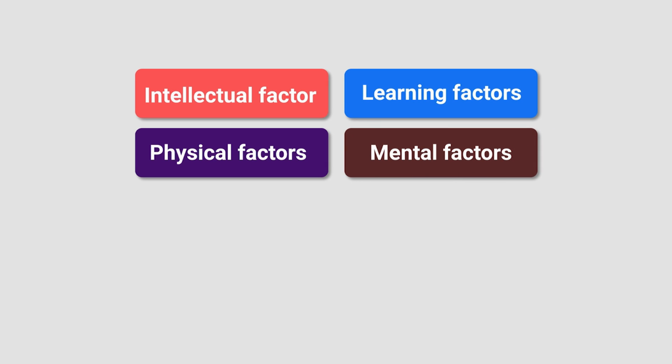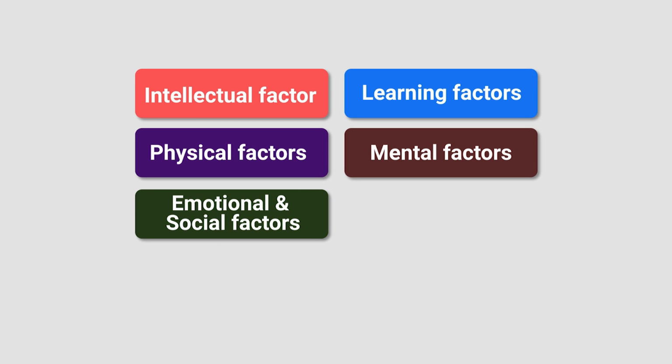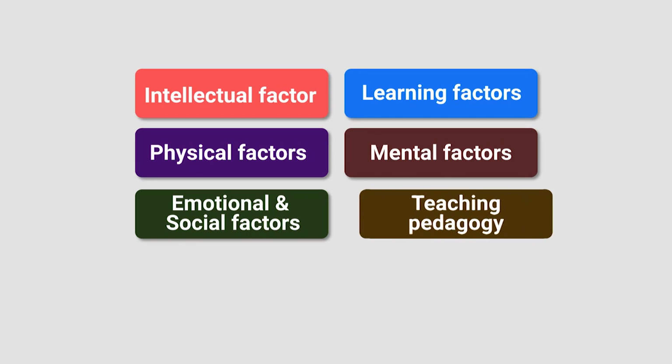The efficiency of the work from day to day and the rapidity with which it is achieved are influenced by the mental factors, or indirectly the attitude of the learner. A favorable mental attitude facilitates learning. The factor of interest is very closely related to the nature that symbolizes drive and reward. The next is the emotional and the social factor. Personal factors such as instincts and emotions and social factors such as cooperation and rivalry are directly related to the pace of learning. The sixth is teaching pedagogy.